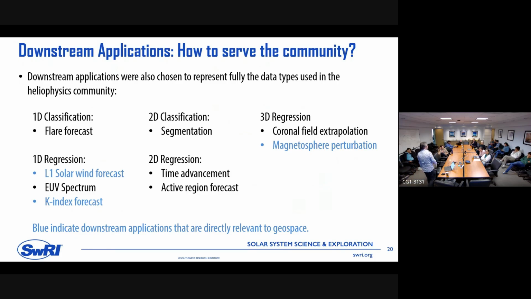It's right there. Photons travel. I think the blue ones, of course, are the ones where a lot of things happen between the sun and the earth that are not necessarily visible in SDO. So I was highlighting those blue ones as those that we know for a fact have incomplete information.